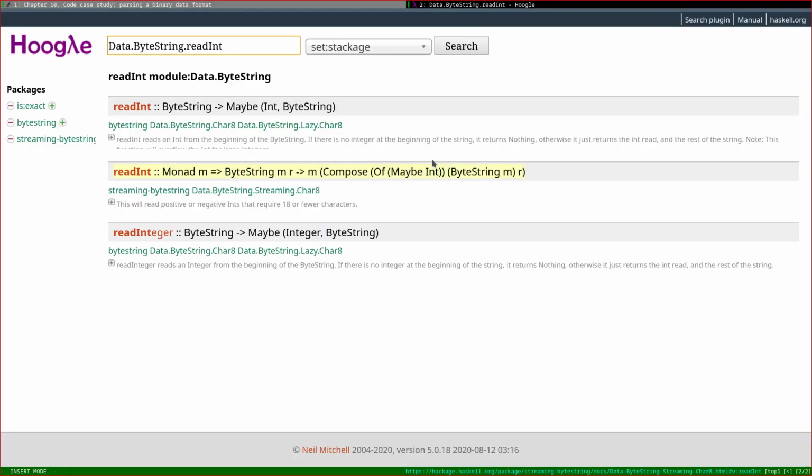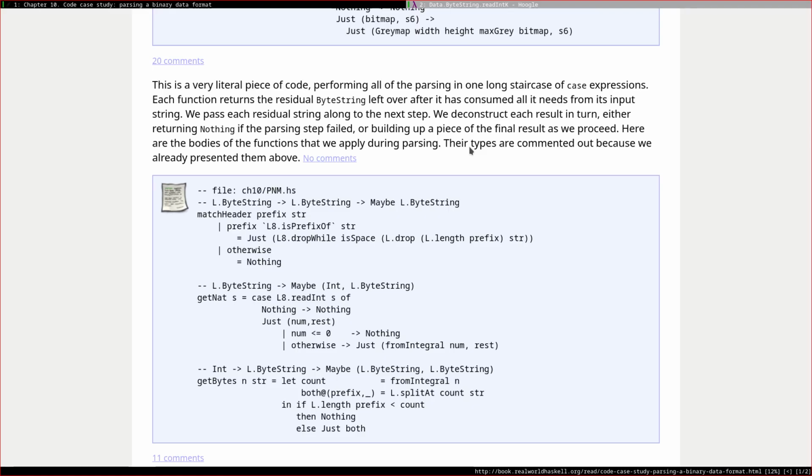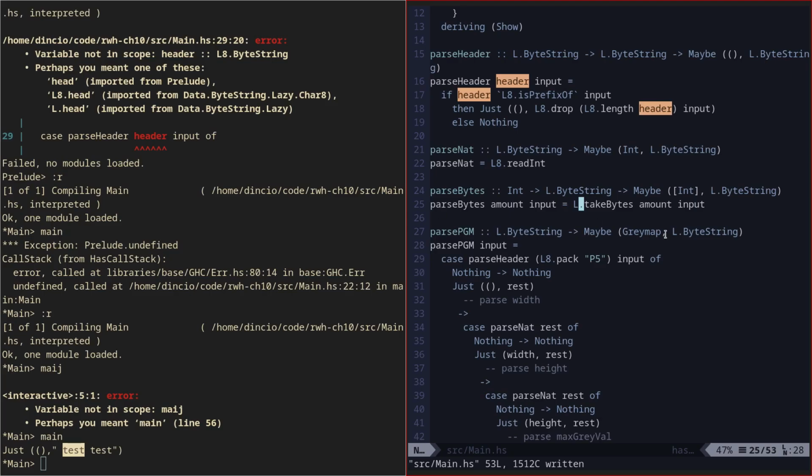So here I'm going to actually see if the book has anything to say about this. Yeah, I actually did something different here. Oh, because we're going to do this. So without watching